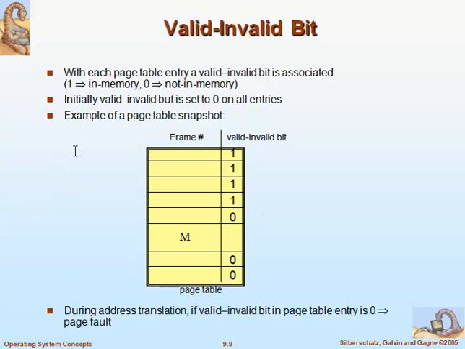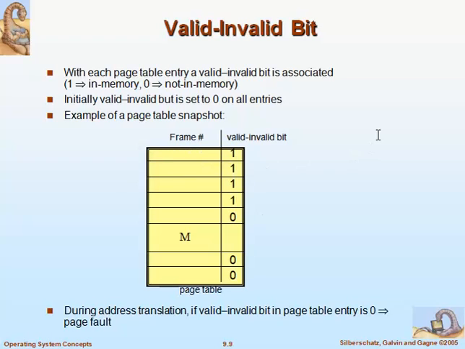On one side we will have the logical memory, then the page table, and it maps to the physical memory. So what entry will we have in the page table? This page table will be indexed by the page number of the logical address, and its content is the frame number.